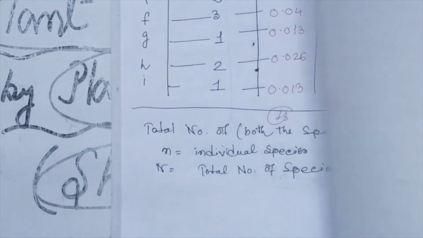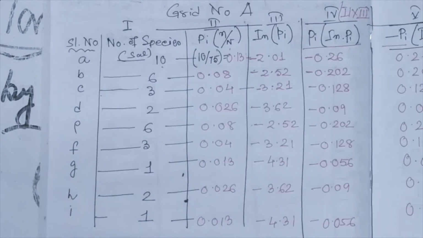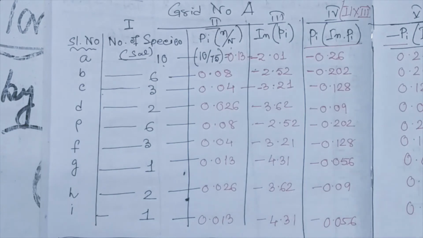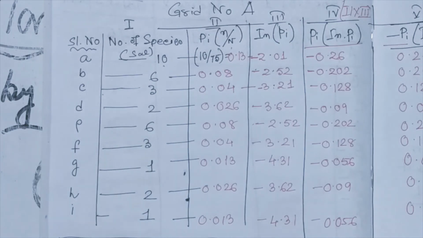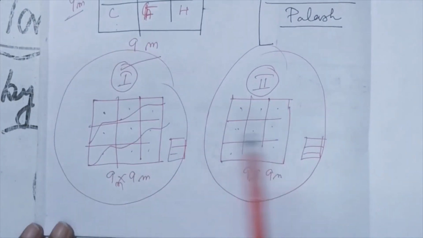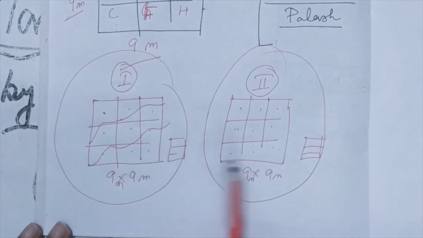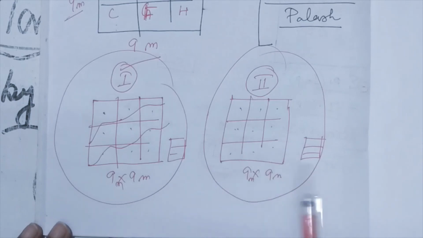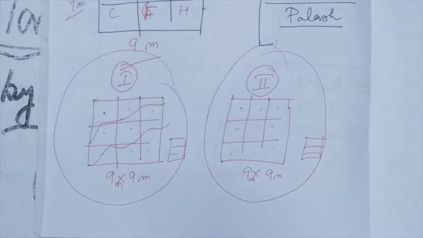The calculation will be quite lengthy because this process will repeat again and again. If there are 9 grids and 2 species, we have to calculate 9 into 2, 18 times. The same process will repeat again and again. This is an example, and on the basis of that you have to draw two small square grid zones and draw the isoline. This will show the plant diversity index by the Shannon-Weiner method.